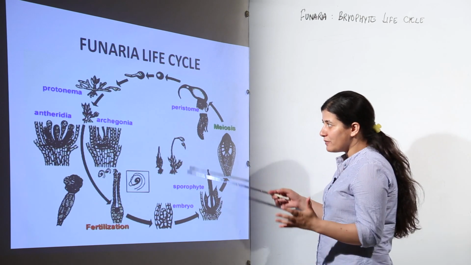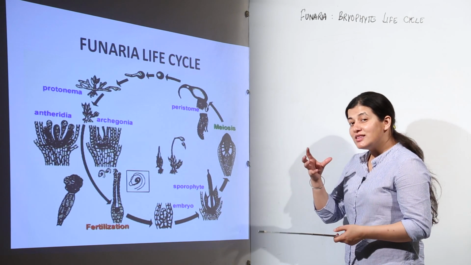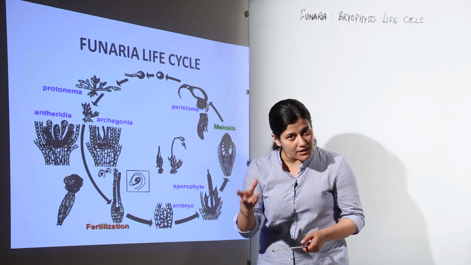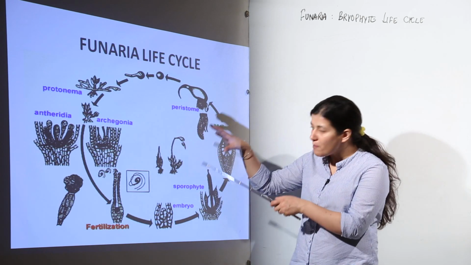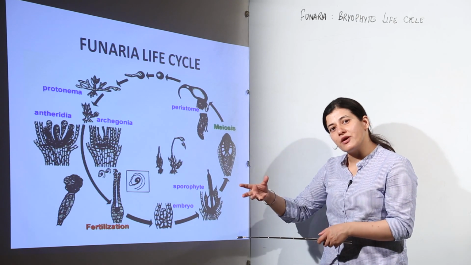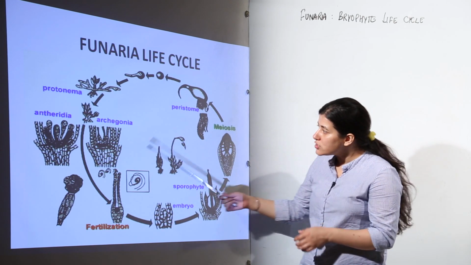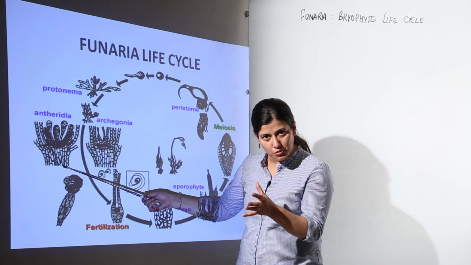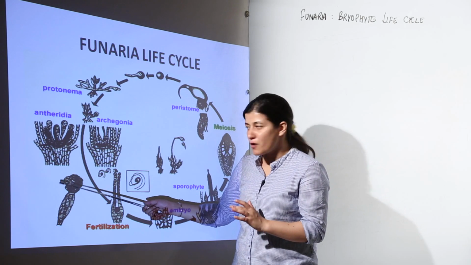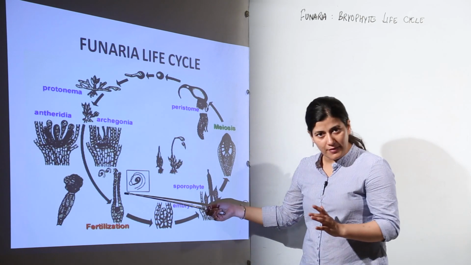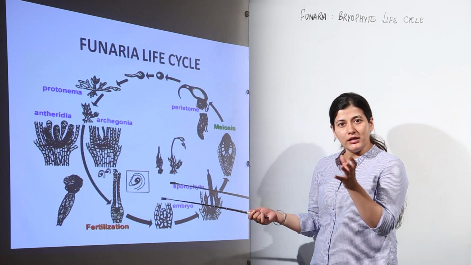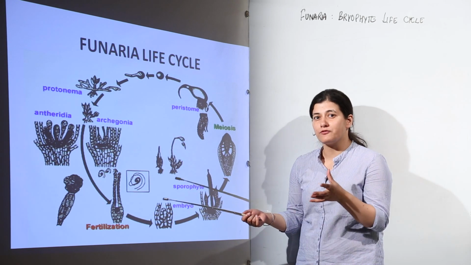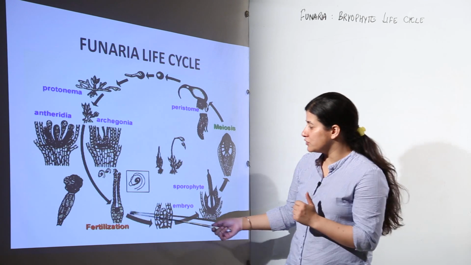These organs are going to give rise to the male and female gametes. That is why they are destined to form the gametes, and hence they are present in the gametophyte. Both being haploid, a simple mitotic division takes place and the gametes are formed, male gamete and female gamete. When the gametes are formed in the presence of water, because we are talking about bryophytes, which are the amphibians of the plant kingdom, fertilization takes place.